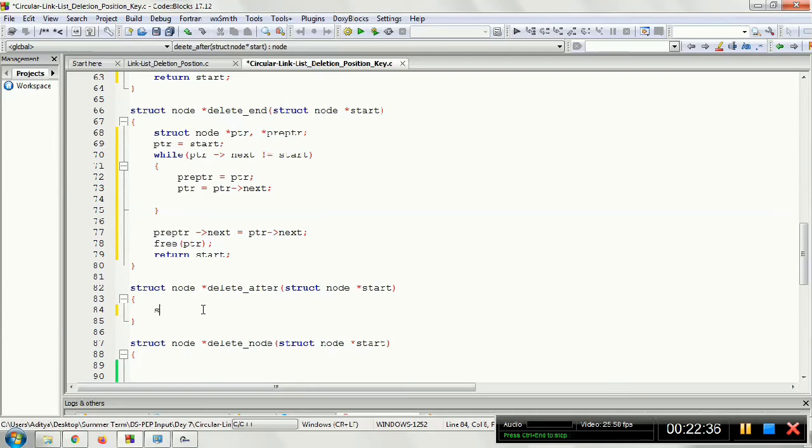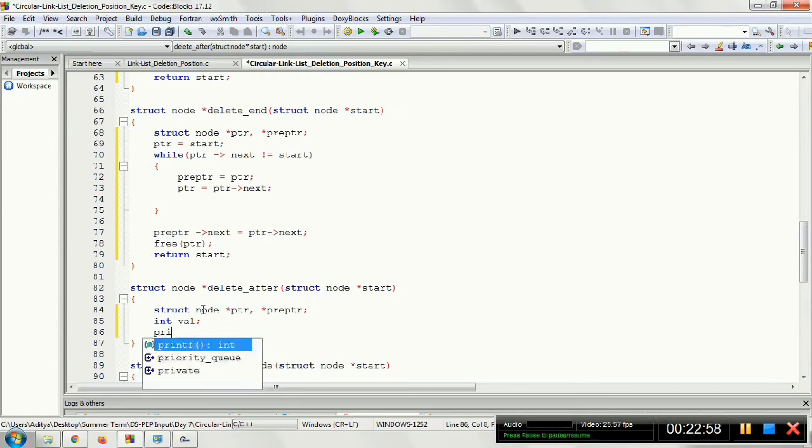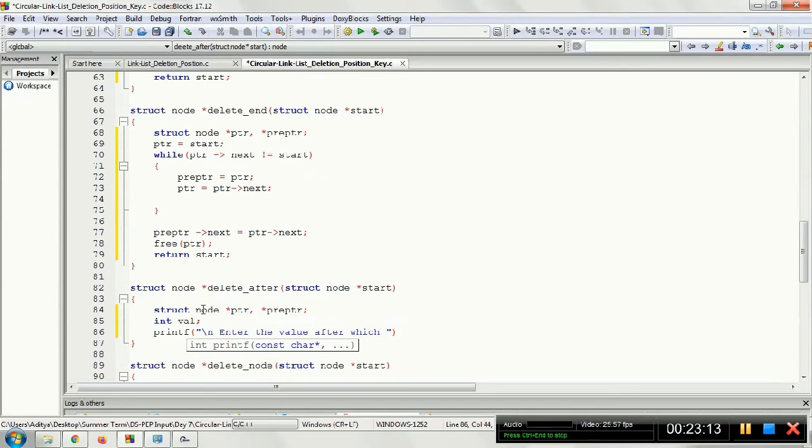So we will need two pointer concept, same. Enter the value after which the node has to be deleted.